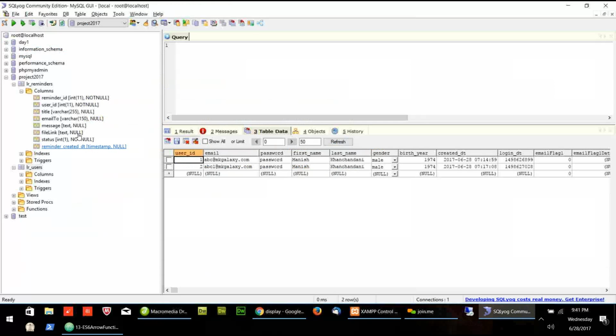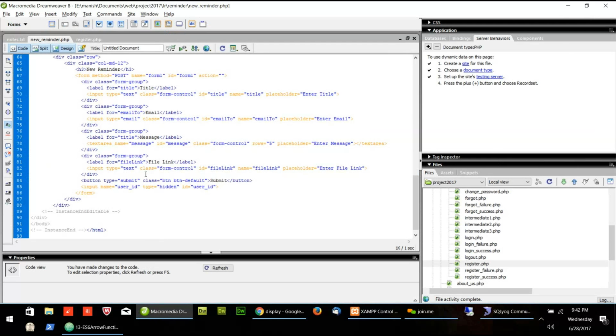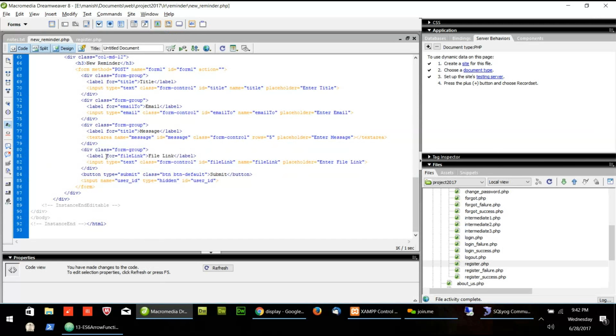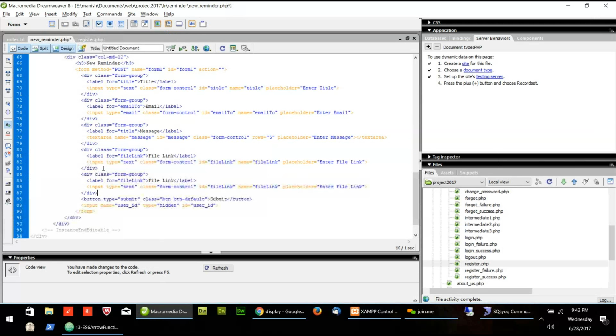And then I'll say status. So status will be active or inactive. The user can make it inactive also, so that let's say he creates 10 reminders, but he doesn't want to send all. Maybe some are dummy for his testing purpose. So he can make the status active and inactive. So we have to give the status active, inactive kind of facility. So I will say status